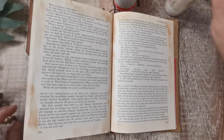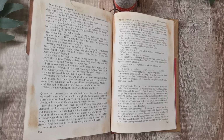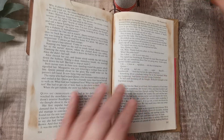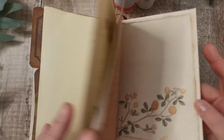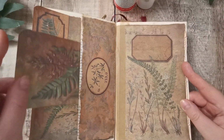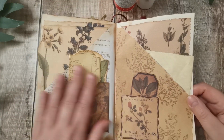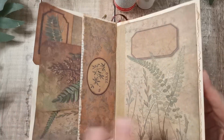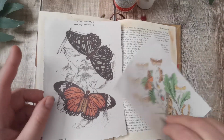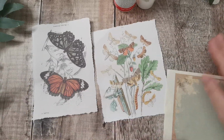I'm here today to do another episode of the Altered Book, and if you've been following along you will know that we're not too far off now. Another couple of spreads and it will be done. So the last two that we did, well, I did a couple of plain ones, and then we did a brown one, very brown and dark. I really like that. And then we did another brownish one. So this time I think it's going to be a butterfly one, and I'm going to try and get some more tealy colours in. So I'm just going to put that to one side for now and have a look